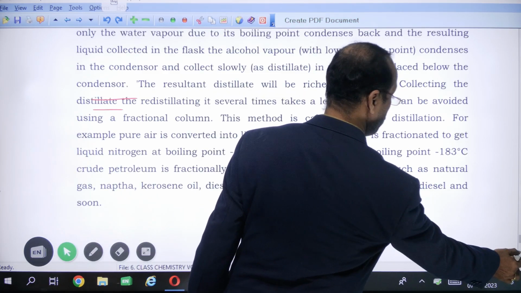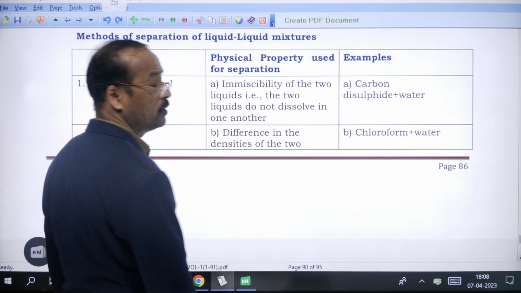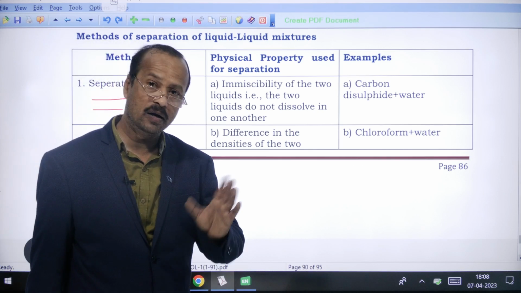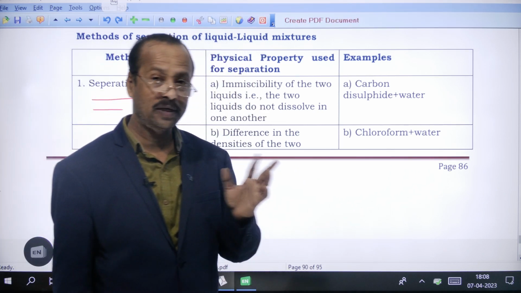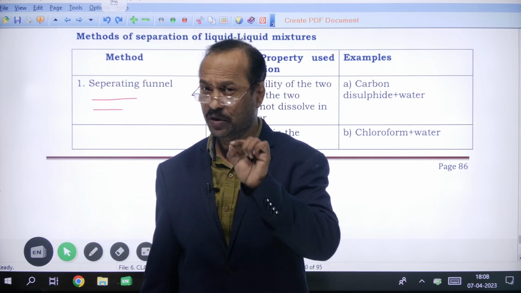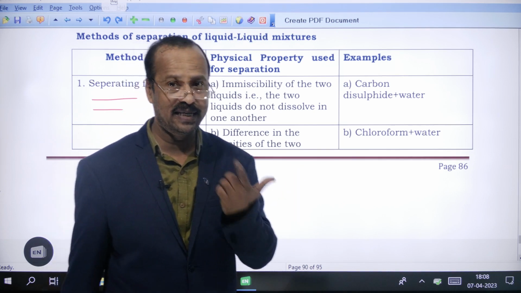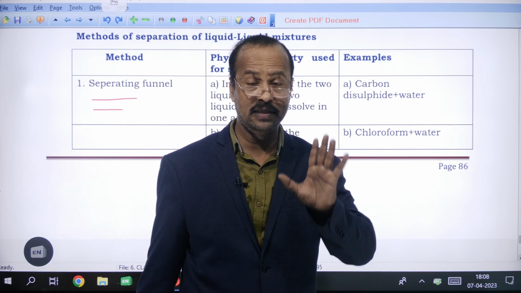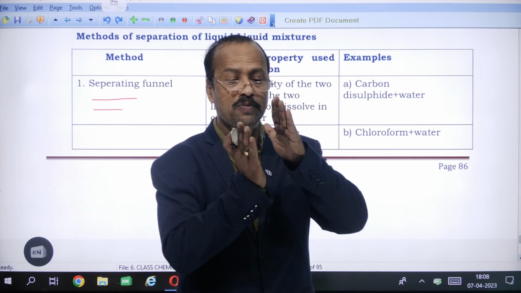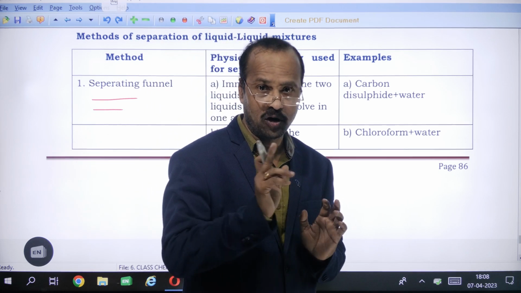This we can use to separate alcohol and water, or acetone and alcohol. Here the water boiling point is 100, alcohol is 76. So, the difference is what? Only 24 degrees. Similarly, if you take alcohol and acetone, 56 and 76, the difference is again 20, which is less than 30 degrees Celsius. So, where the difference between the two liquids' boiling points is less than 30 degrees, there we can